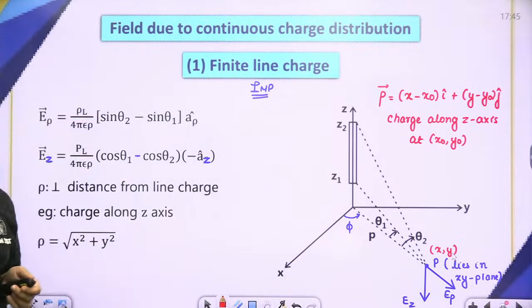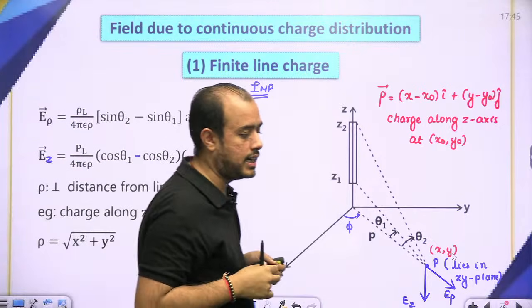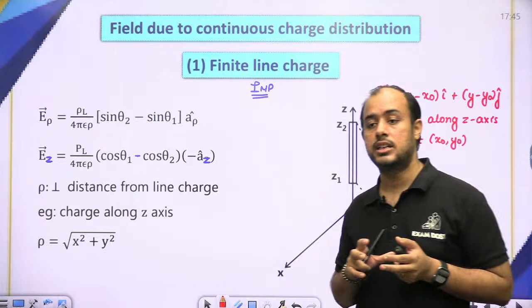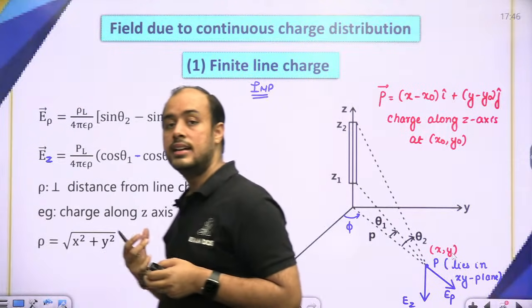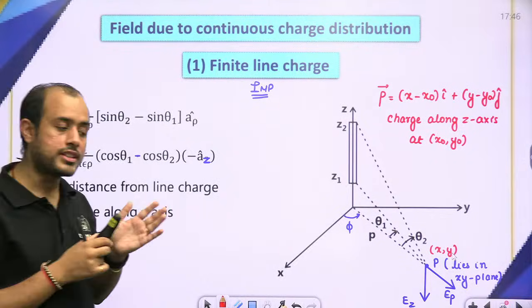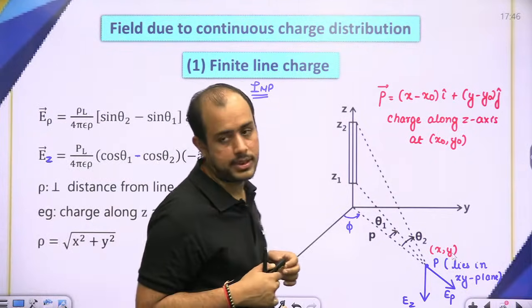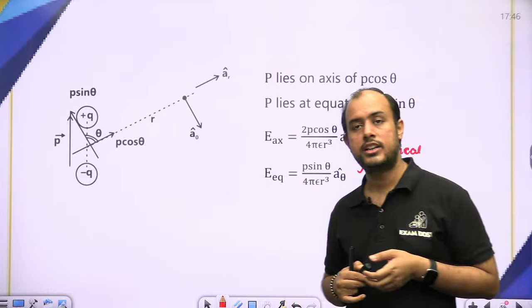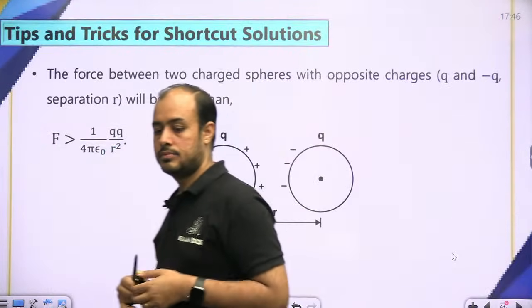क्या करना होगा? चार्ज जैसे x एक्सिस पे होता, तो आप पॉइंट और चार्ज के yz कोऑर्डिनेट सब्ट्रैक्ट करो, उससे रो वेक्टर आएगा. चार्ज अगर y एक्सिस पे है, तो आप पॉइंट और चार्ज के x और z कोऑर्डिनेट सब्ट्रैक्ट करो, उससे रो वेक्टर आएगा. Then convert it to a unit vector. ओके,